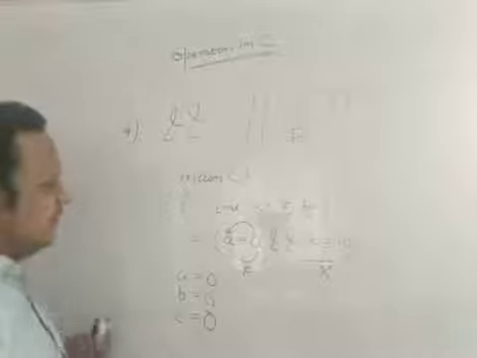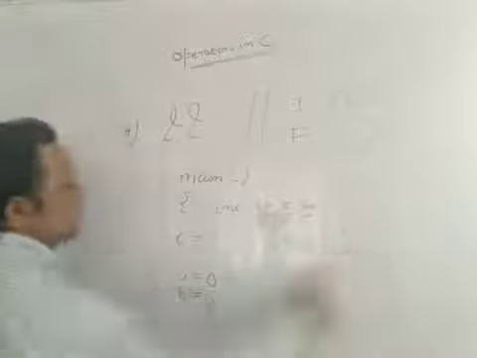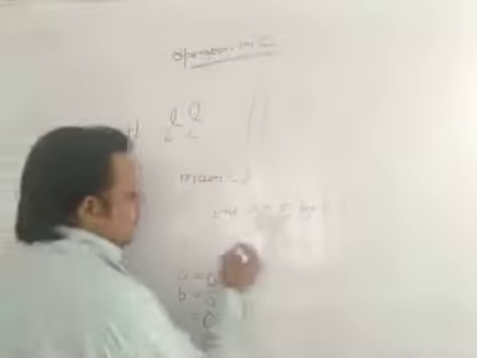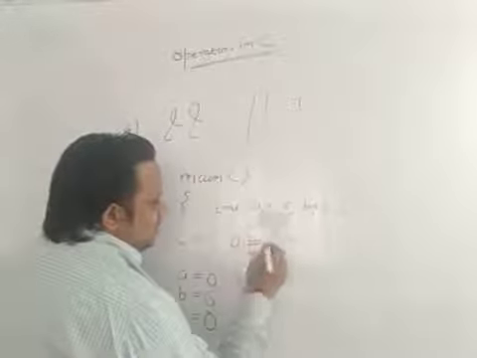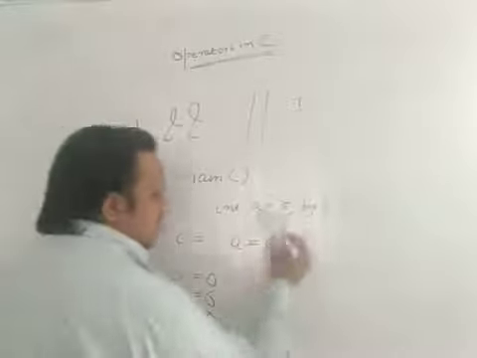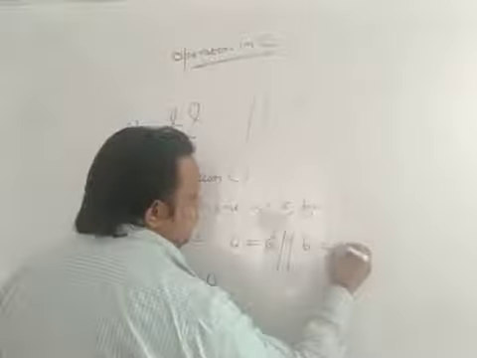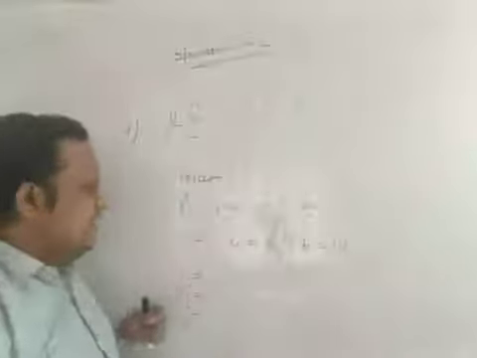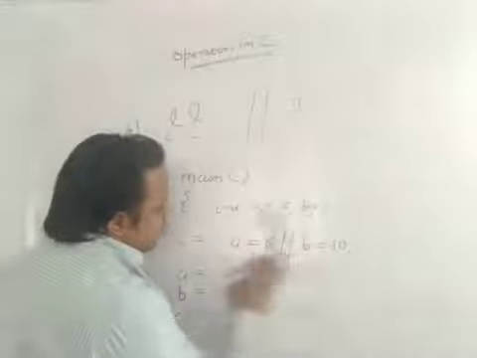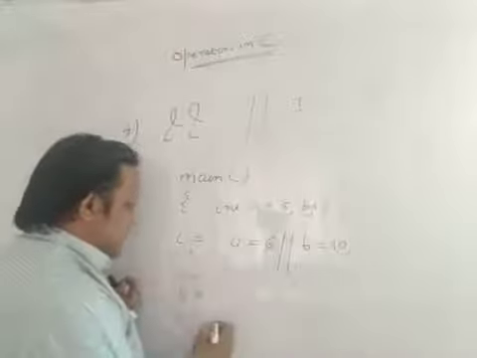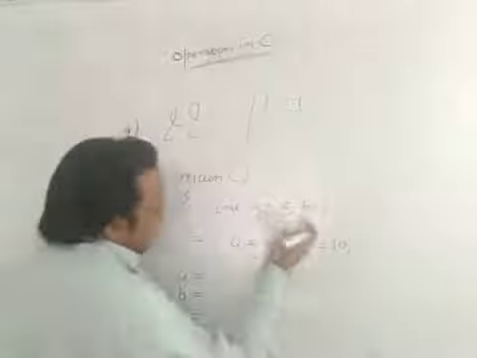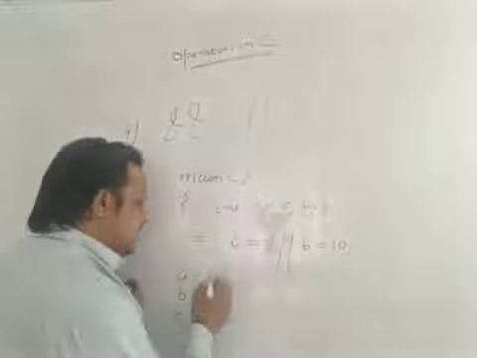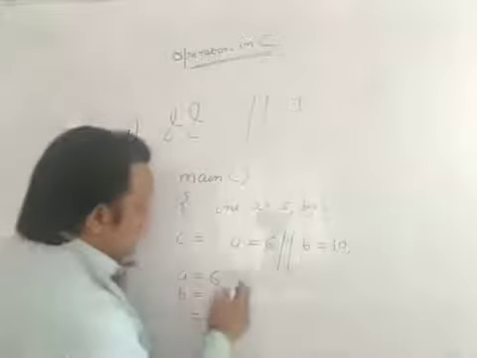Let me give you one more example. Now, let's suppose I write a is equal to, let's suppose, 6, right? Or b is equal to 10, and if I ask you the value of a, b, c, तुम फटाक से बोलोगे सर a की वैल्यू, बिकॉज ये ट्रू है और ट्रू इज ट्रू, therefore the value of c is 1. बिल्कुल सही। अब तुम बोलोगे b यहाँ पे 6 था, यहाँ पे मैंने 10 कर दिया, तो b की वैल्यू 10, a यहाँ पे 5 था, a कर दिया 6, तो हो गया 6, but this is wrong,